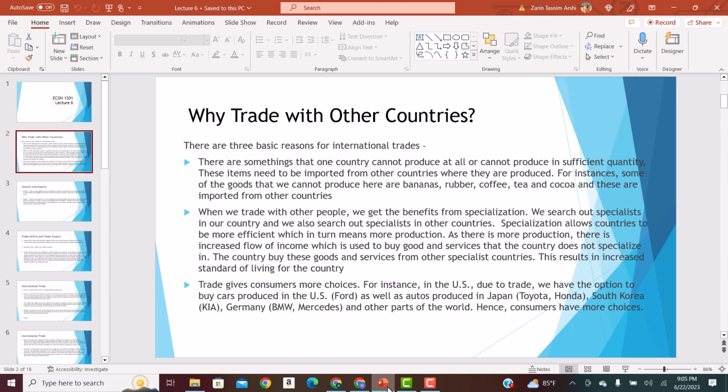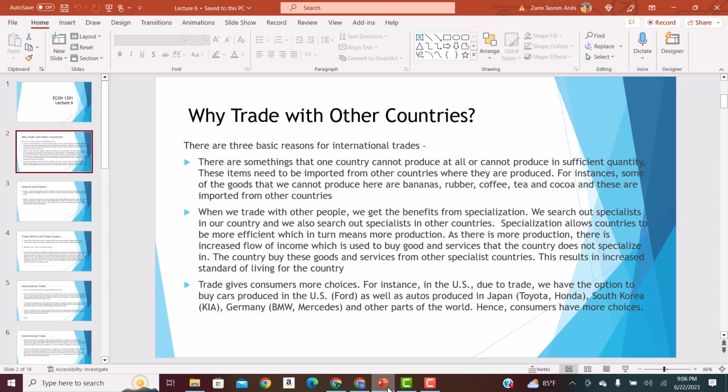Again, when consumers are most happy and when consumer satisfaction is maximized, that is when we achieve the most efficiency in the economy, right? So, with trade, consumers have choices of goods that are produced domestically as well as goods that are produced outside. So they have a wide variety of selection to choose from, and basically meet their demand, which is a good thing, right?